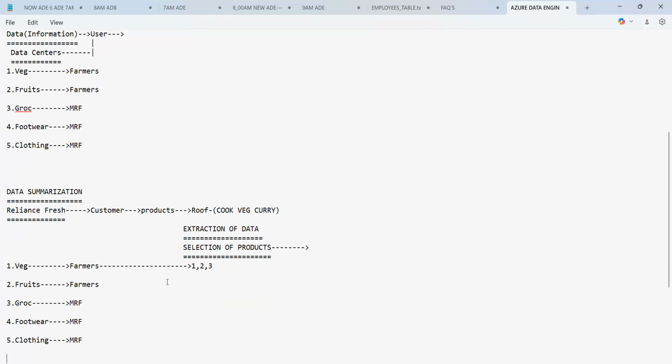Fruits, okay, you can eat them in the raw form, that's fine. But what about the vegetables and groceries? Are you going to consume them in the raw form? No, no. Oil is there, will you consume it in the raw form? No. Vegetables are there, will you consume them raw? No, no. Some process has to be performed to change it into an edible form.